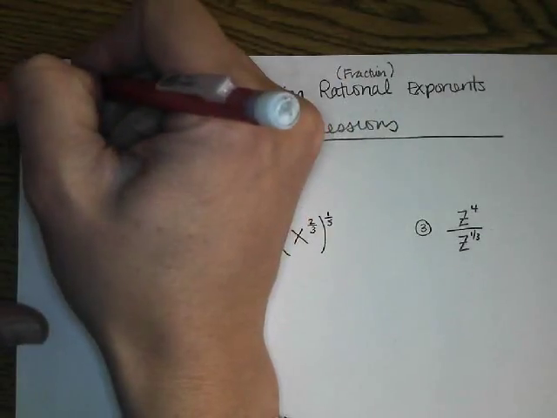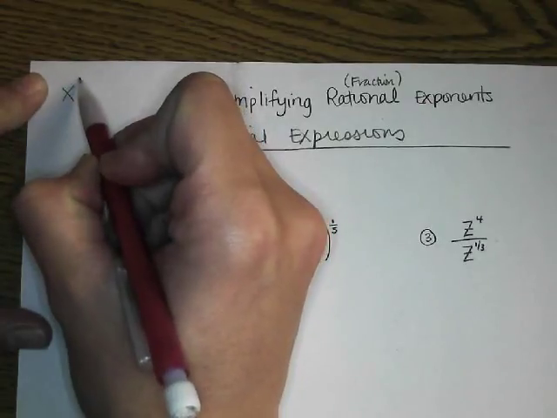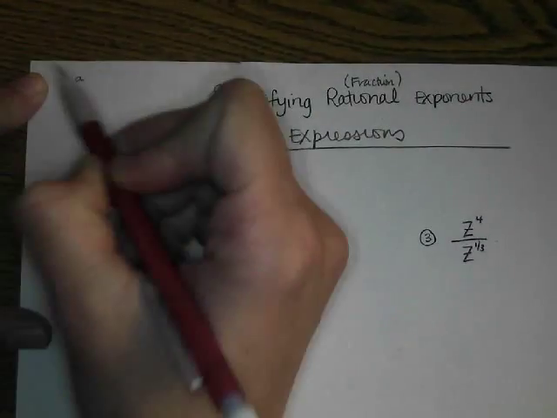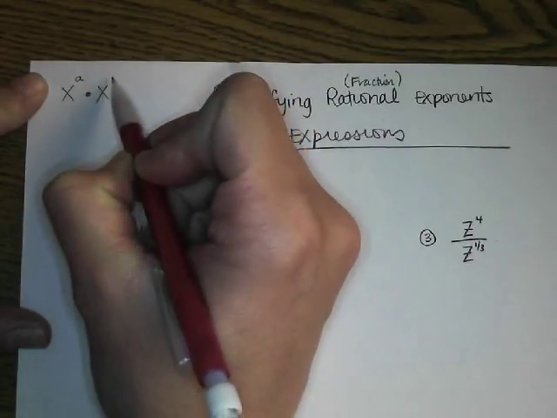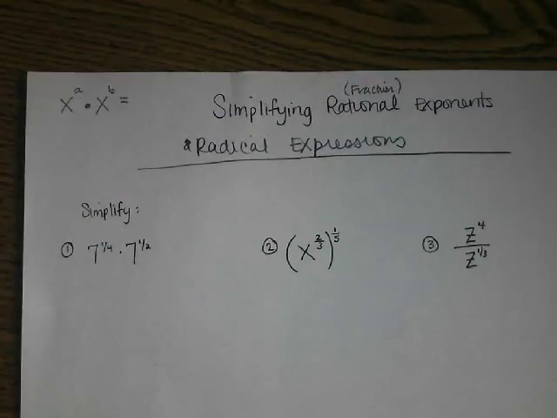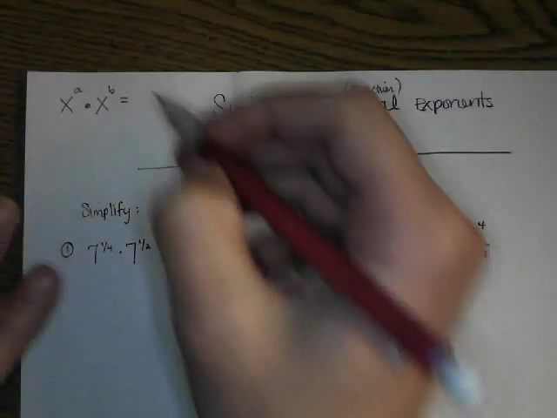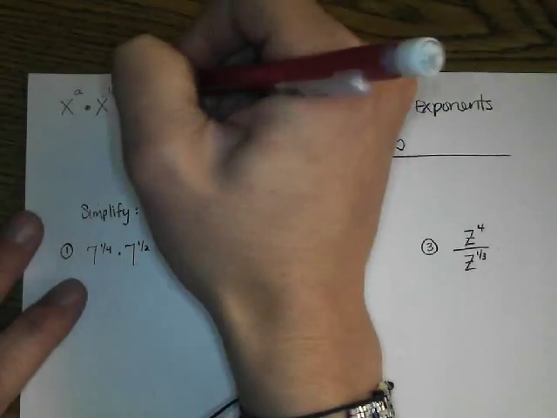Okay, so really up at the top, I'm just going to put, if you have a base of an x raised to the a power, and you multiply it by something that has a base of x raised to the b power,